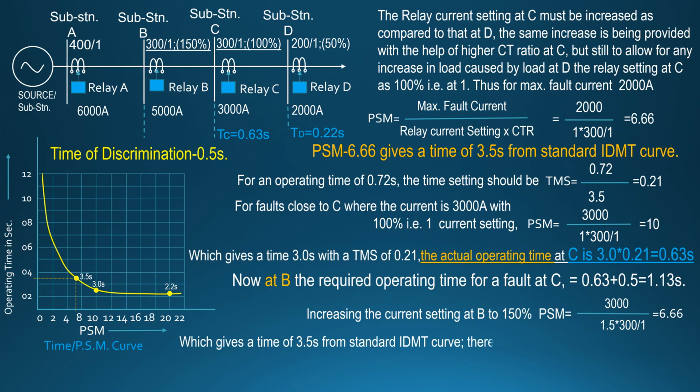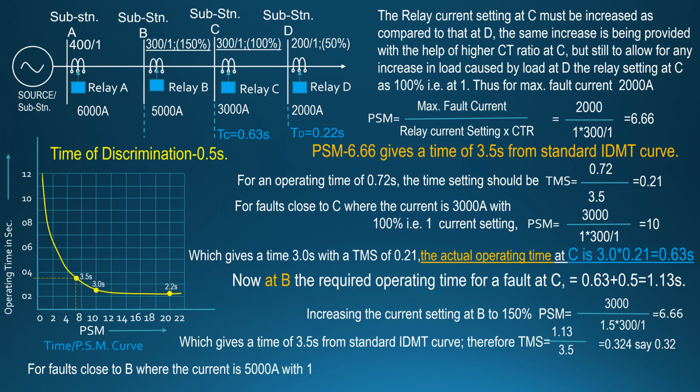Therefore, TMS is equal to 1.13 divided by 3.5, is equal to 0.324, say 0.32. For faults closer to B, where current is 5000 ampere with 150%, that is 1.5 ampere current setting, PSM